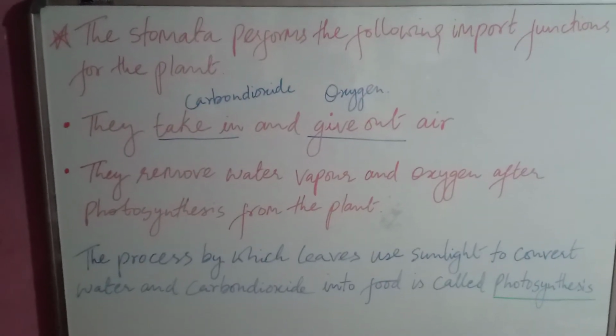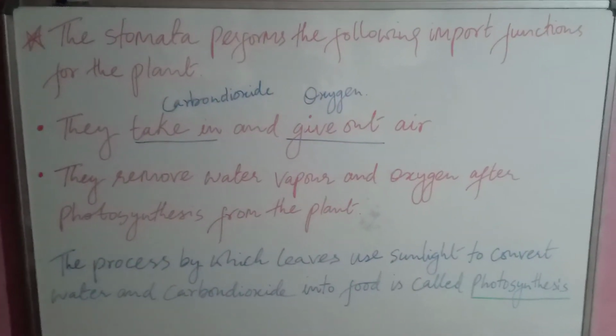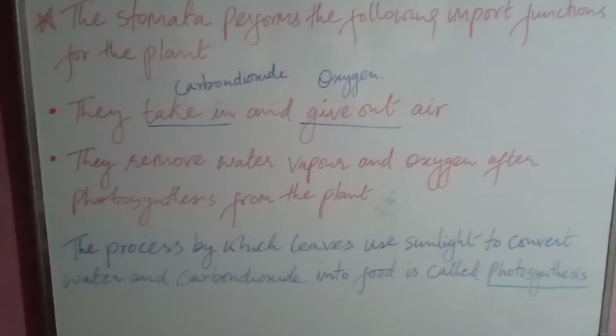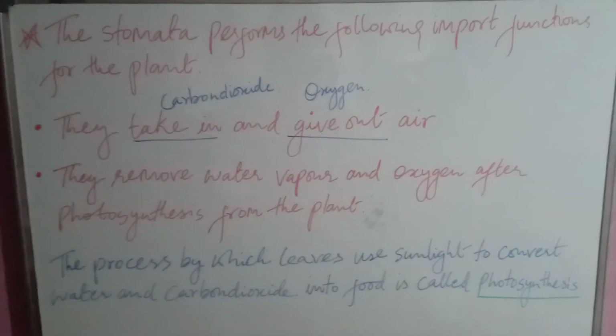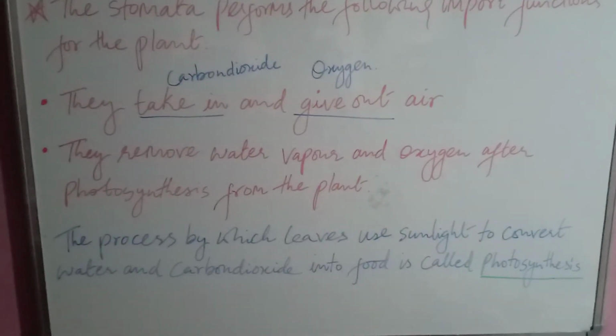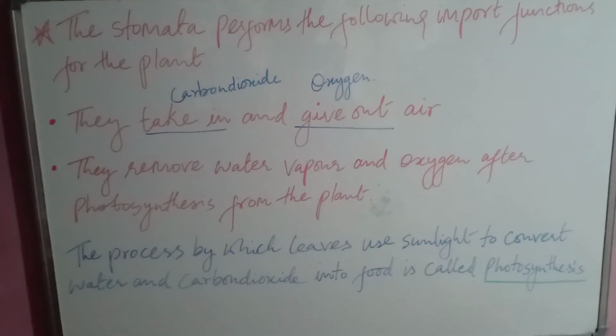Function has been performed. Okay, so the definition for photosynthesis is the process by which leaves use sunlight to convert water and carbon dioxide into food is called photosynthesis. Moving on,